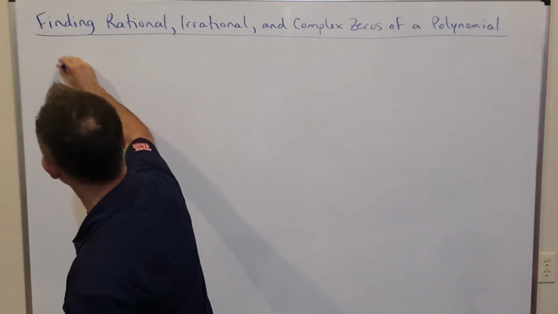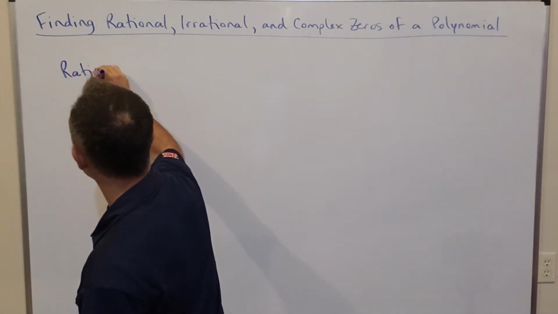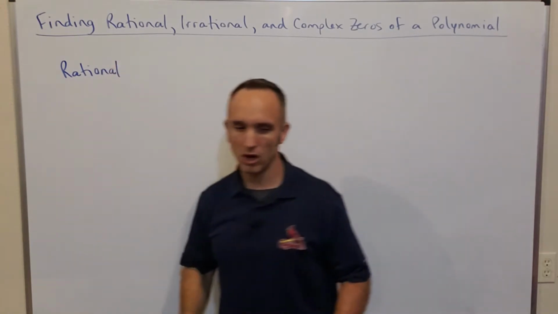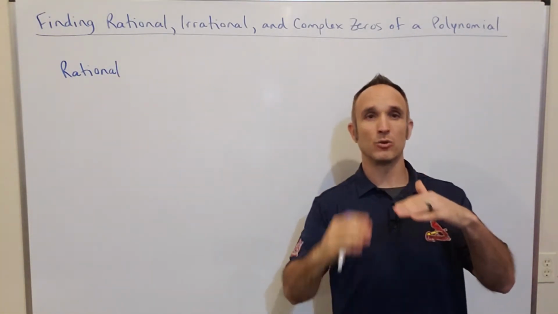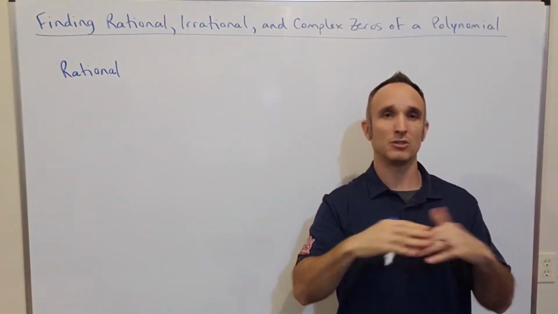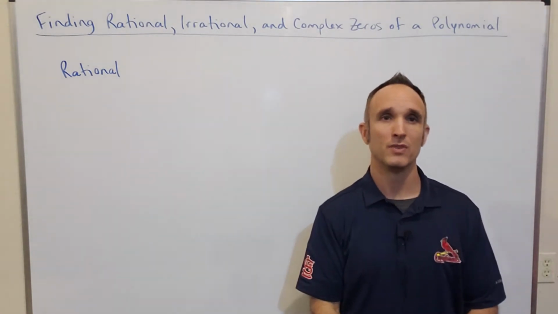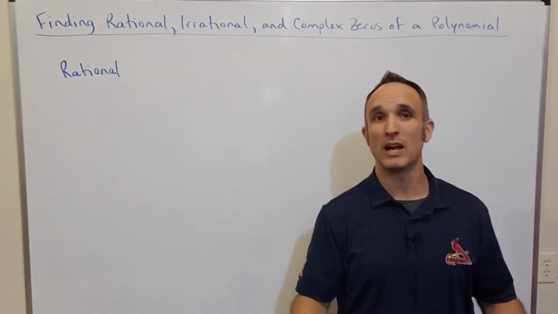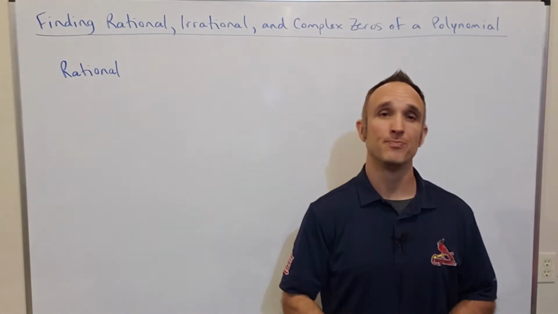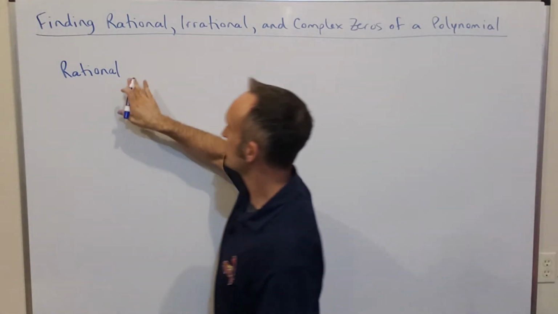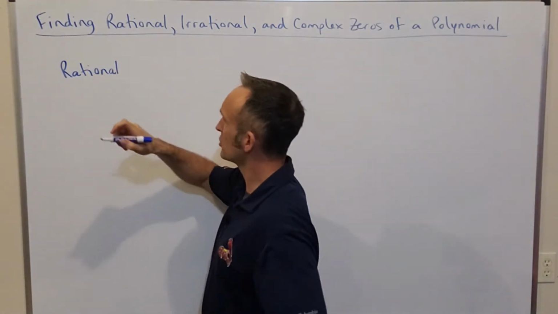So rational numbers are numbers that can be written as a ratio of two whole numbers. Okay, so like 2/3 is a rational number. 0.6 repeating is a rational number because it's 2/3. Okay, so rational numbers here,